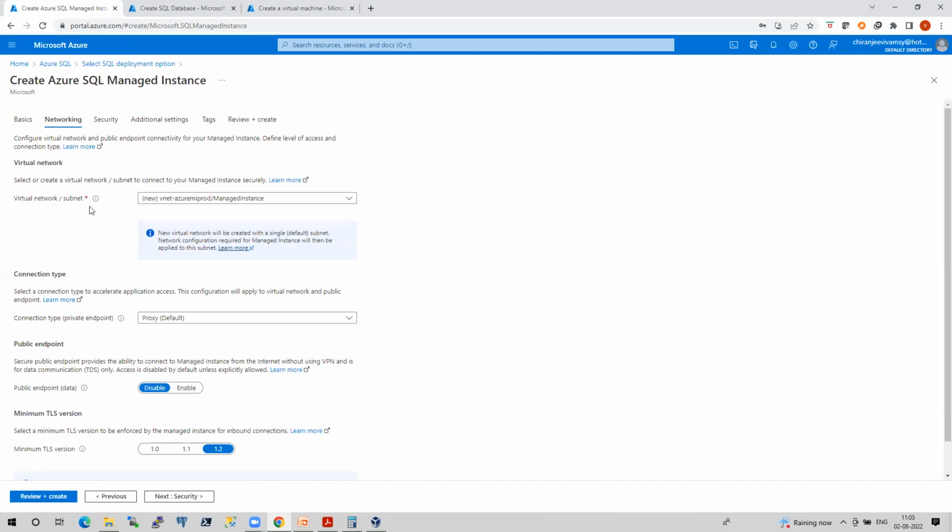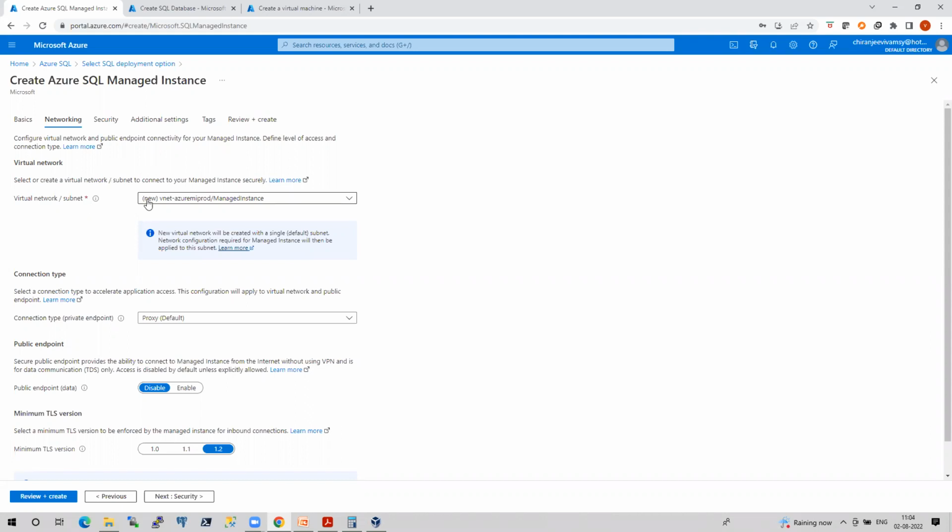And there is a very important thing associated with this topic, guys. When I am explaining in our classes from the 15th, I will talk about this networking part. Very, very important things that you have to understand. For now, I'm just going with the defaults, but keep your question in your mind. What if I choose one of the virtual networks that are currently available? Will it allow me to choose that network or not? Did you get your question? Imagine in real time, you have to create a managed instance. There are a few virtual networks that are available. Can you make use of existing virtual networks to create the managed instance or to place your managed instance? Is it possible or not? That is the question that should come to our mind.